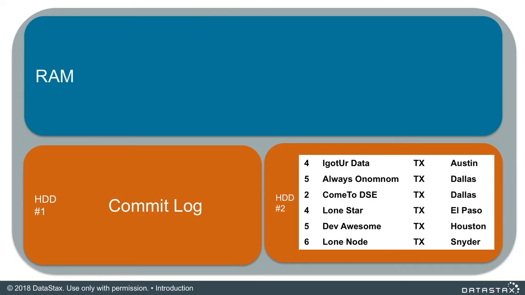Now, we recommend that you store the commit log on a separate hard drive from that you store your SS tables. Why? Well, notice the commit log, we just append. We want to ingest data. If you also have that hard drive busy with reads and writes, mutations, flushes, compaction, as we talk about in another section, then your node won't perform as well as it possibly can. So stick the commit log on a separate hard disk, especially if you're still using spinners.